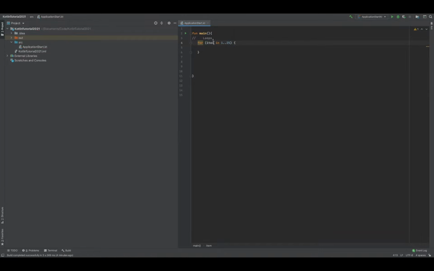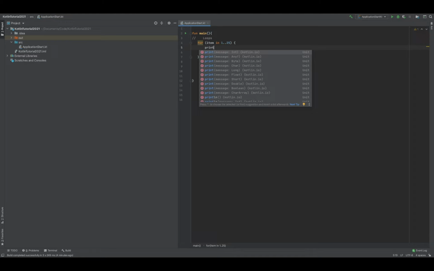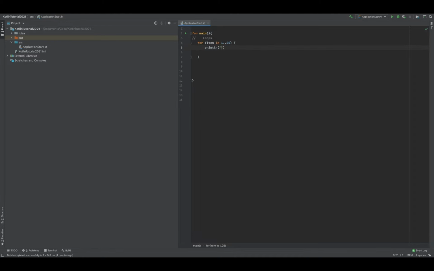This is a single instance of an item within this range. This can be 1, this can be 2. As long as this is iterating, this is going to be an instance within this range, and this is going to make sense once I print it out. So I'm going to print a string called index, then a colon, and then a string template of item. The dot dots specify that I want a range of numbers between 1 and 25, which I talked about before in the when statement example. So when I run this